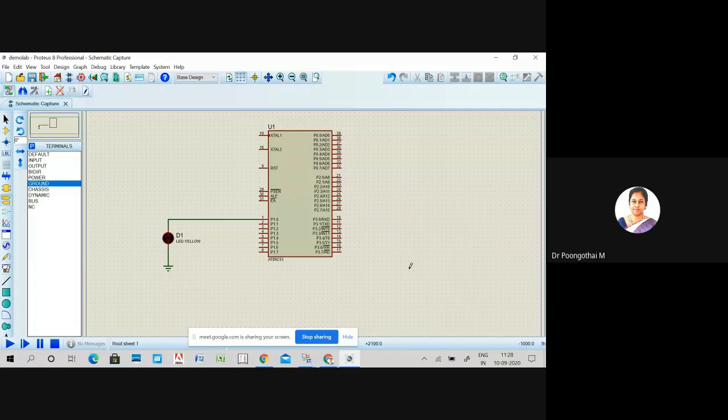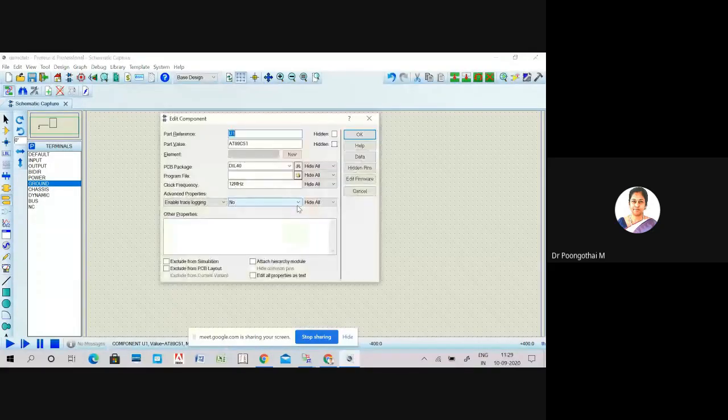So what would be the next step? Already we have done the programming in the simulator. So we have to attach the hex code of that particular program into the 89C51 microcontroller. Double click the IC. Here you have to attach your program file.